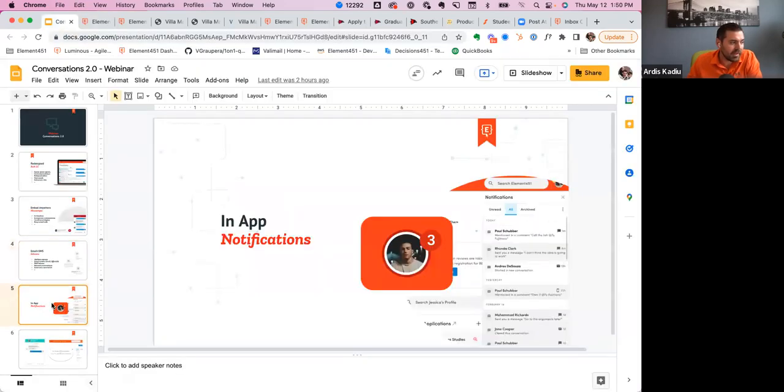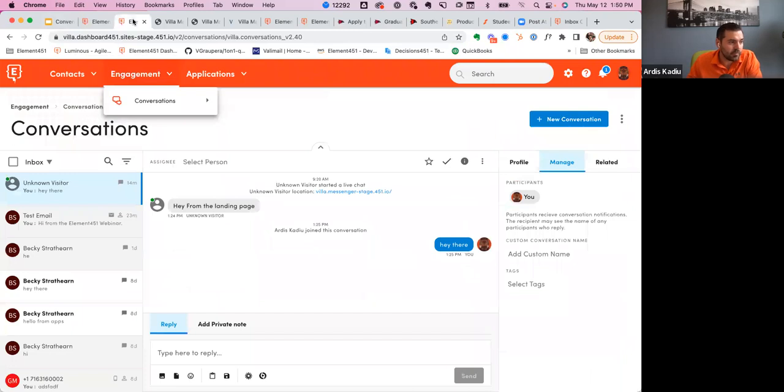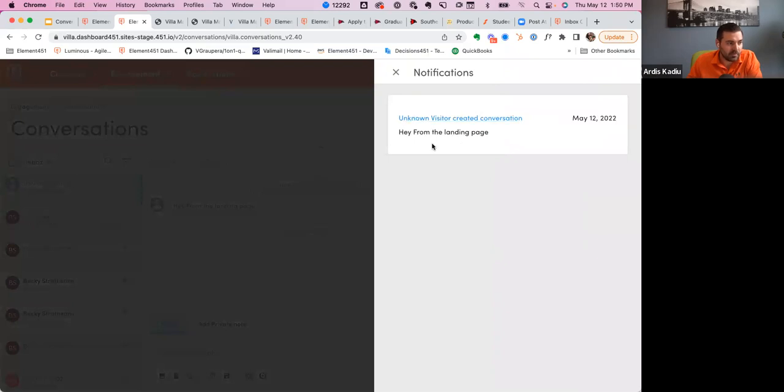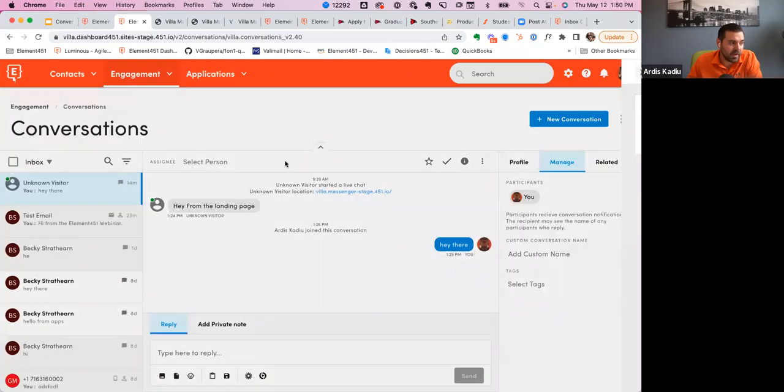Okay, the last part that I want to show you is we've added in-app notifications. One of the things that we've always noticed is that you come in and you're saying, how do I know that I have a new message if I'm in some other part of Messenger? So we've added a new icon in here, and you have those notifications come through. So you're going to know if somebody came to your website and actually sent a message or not. We're going to send notifications only for conversations that you've been assigned to, but you can be assigned automatically to new conversations as they come in, even anonymous ones.